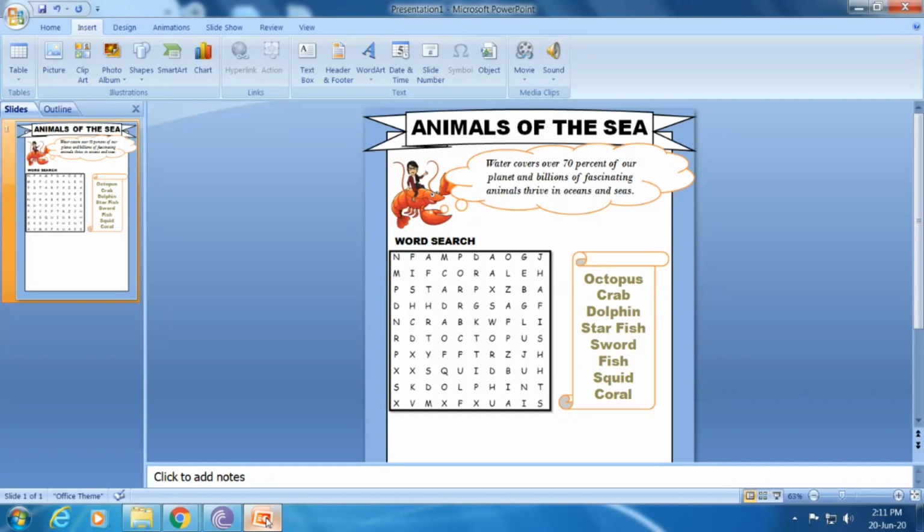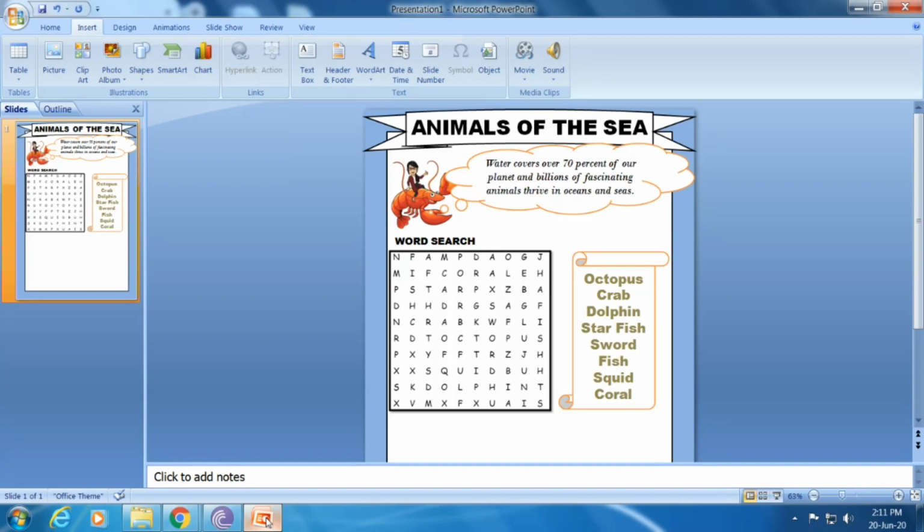Some kids are visual learners. That means they learn and remember things better when they look at pictures or videos. So now I will include pictures of some not so common sea animals, and we are going to set a matchup so that kids can learn and remember the names of a few sea animals which they might have never seen before. You could download pictures again from Google Images.